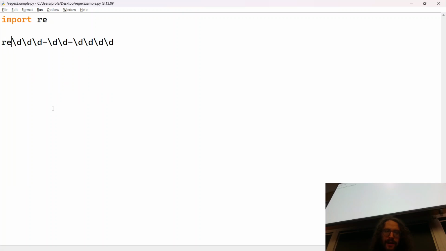I'm going to say my regex is equal to this string. And one very important thing, this is possibly the only weird thing we have to do with regex, okay? I'll explain it later. But we are going to put an r in front of the open quote. And notice that doesn't break anything.